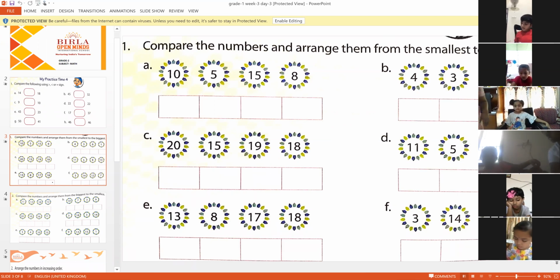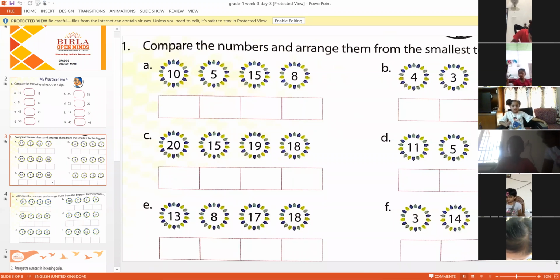Okay, children. Ashrita, have you opened page number 17? Pradiksha, give me thumbs up if you have opened page number 17. Okay, very good. Good girl. Siddharth, have you opened page number 17? Show me thumbs up if you have opened. Okay, children, now write the date and classwork. Quickly.